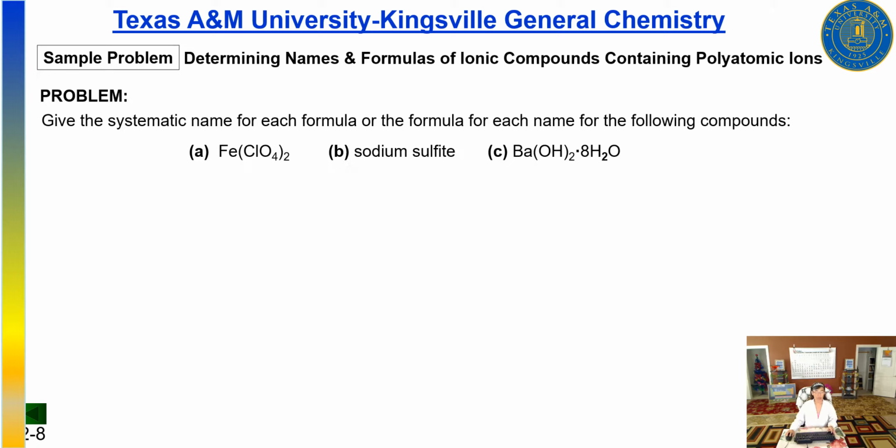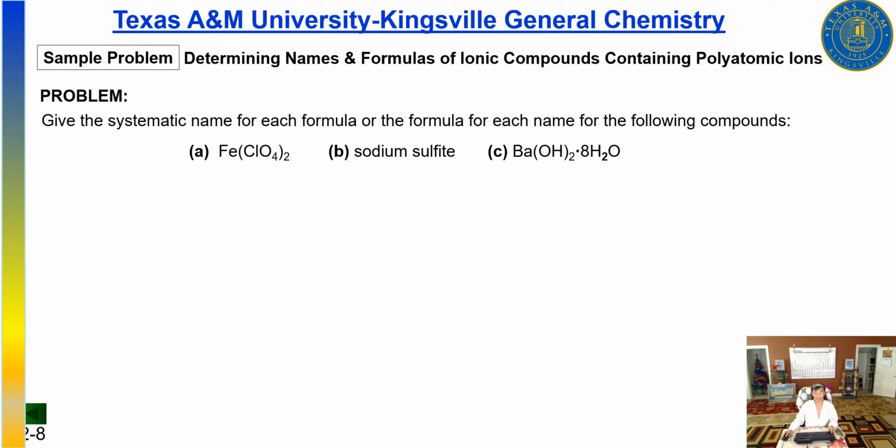Sample problems to determine names and formulas of the ionic compounds containing polyatomic ions. Give the systematic name. This nomenclature is based on the IUPAC convention. Give the systematic name for each formula, or the formula of each name for the following compounds. A, Fe(ClO4)2, sodium sulfide,